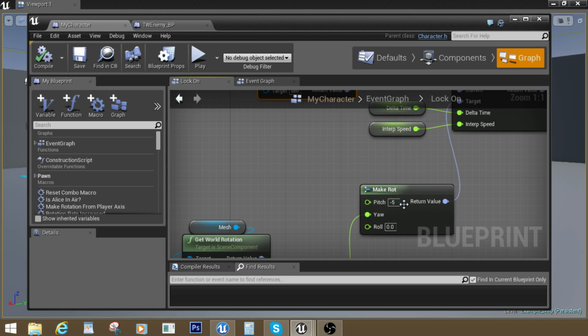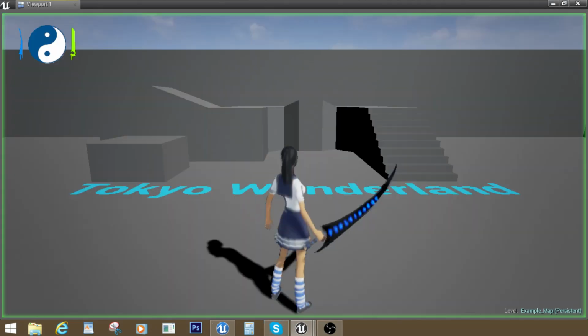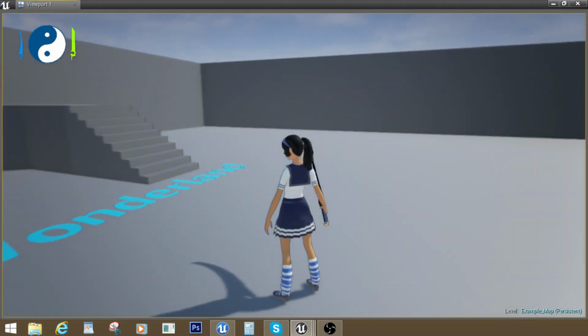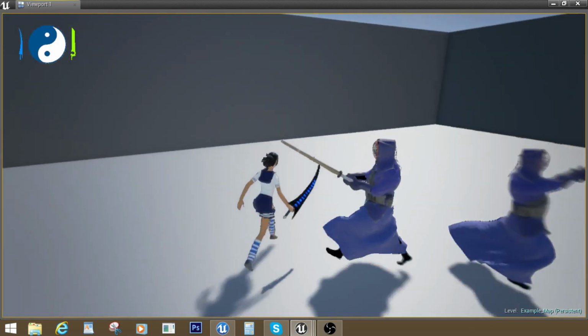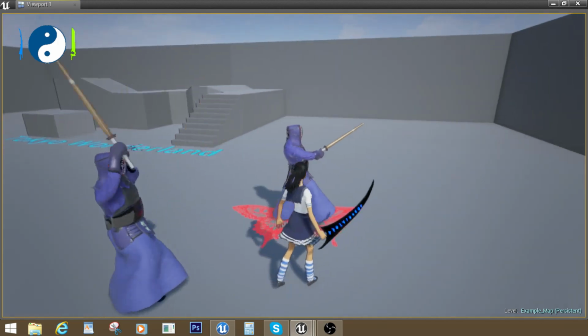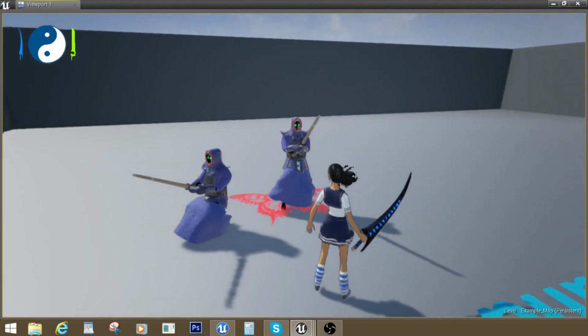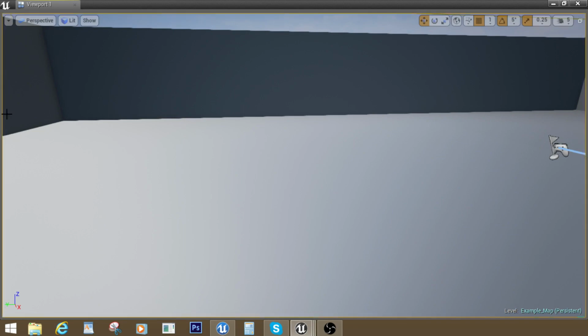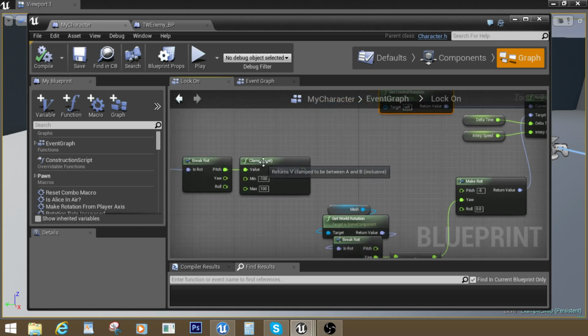And then the pitch, I have it set to -5 currently, and I will show off exactly why I have that. And we'll also show this off here. So lock on to the closest one, go over here, that's the new closest one. And the reason why I have it set to a -5 is you can kind of always see off in the distance. It's a good place you can see out to other enemies and make sure you can see everybody here. But if you didn't pitch it, if you didn't clamp it, even though I'm still going to clamp it here,